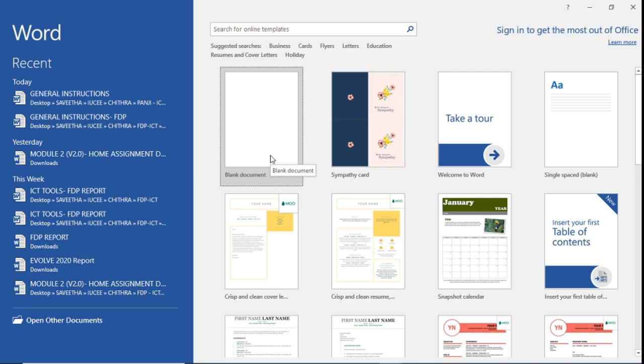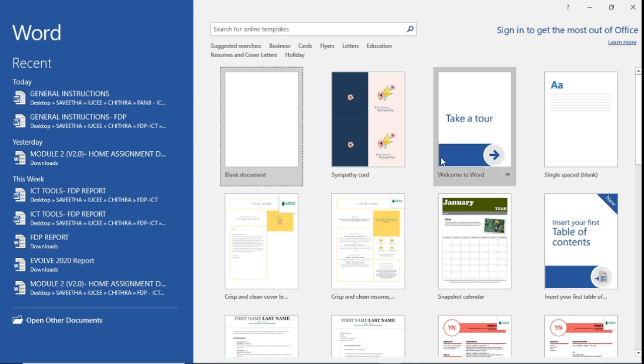I would also like to mention here that the version that I use here is Microsoft Word 2016, and PowerPoint is also Microsoft PowerPoint 2016. So we are going to see the features which are unexplored by us in Microsoft Word and PowerPoint 2016. I'm just going to show basic simple functionalities that might be useful for us. Even if people do not have Microsoft Word or PowerPoint 2016, no need to worry. You can use this video to view the functions, and you can use them in future when you install Microsoft Word 2016 or Microsoft PowerPoint 2016.